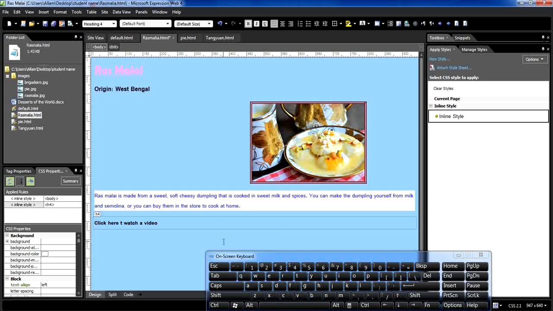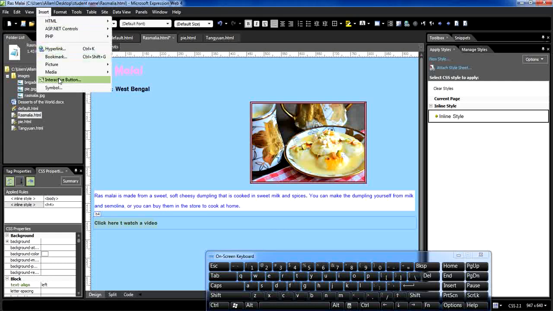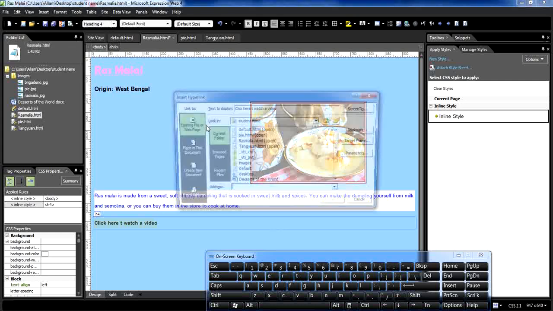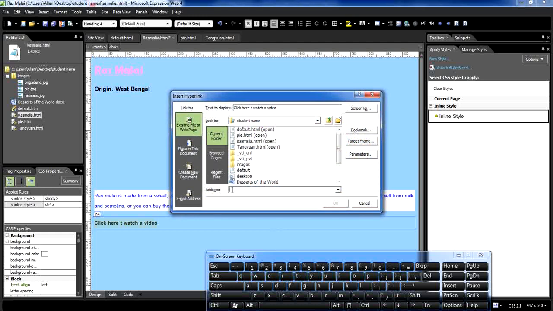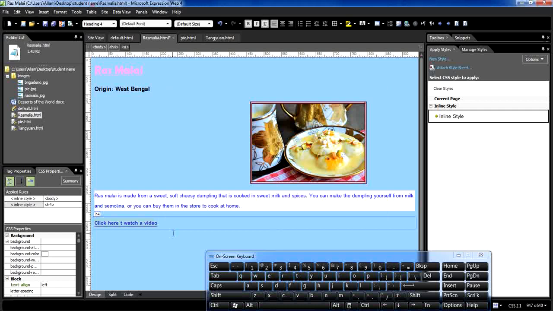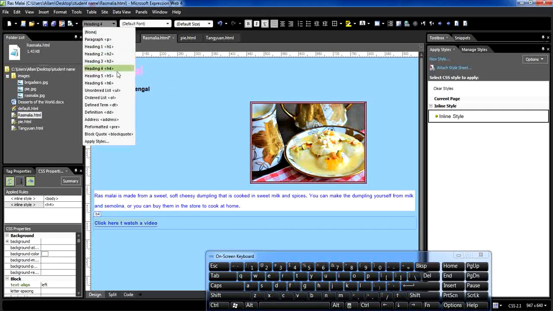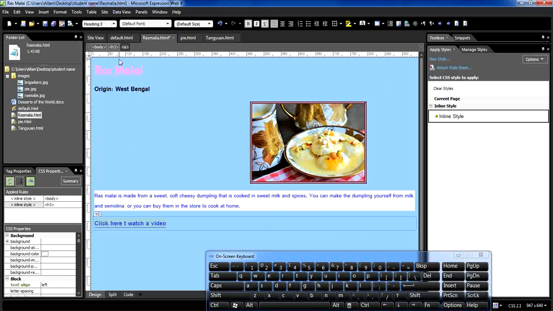Select the text here, which will be your hyperlink. From insert menu, hyperlink, and in address, paste your address here. I need to change the size, so I'm gonna make it H3. Okay,